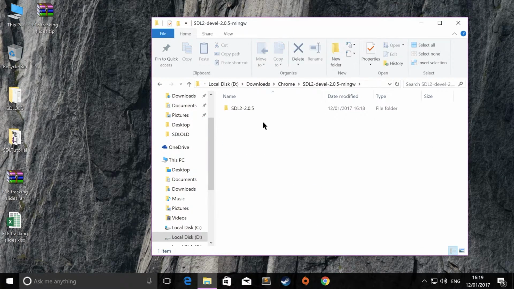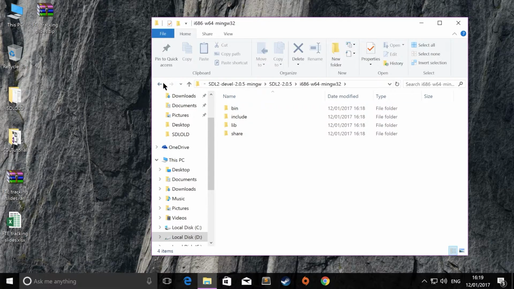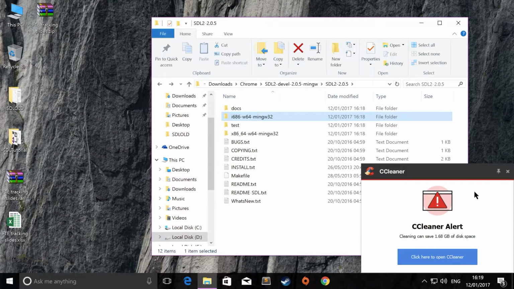now what we'll get is this folder right here, and from here there's only two folders we're concerned with. It's either this one if you want the 32-bit version, or this one if you want the 64-bit version. Most compilers generally compile in 32-bit for stuff like this, so we would recommend 32-bit unless you really need to access something like more than 4 gig of RAM for your game. Probably you won't need to, so just copy and paste this folder, and I'll recommend,